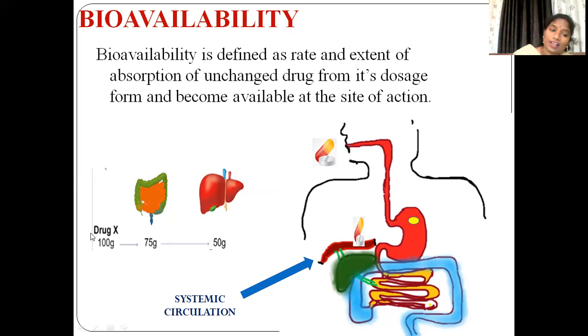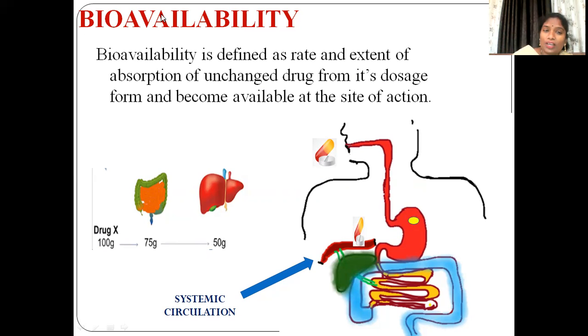So some of the drug is degraded. If you are taking X drug 100 mg, in the small intestine only 70% of the drug is absorbed. Through the portal vein, it reaches the liver. When it reaches the liver, only 50% of the drug, meaning 50 mg of the 100 mg, is available. Then how this 50 mg is treating the disease, that we have to calculate. So availability is nothing but bioavailability, the drug available.